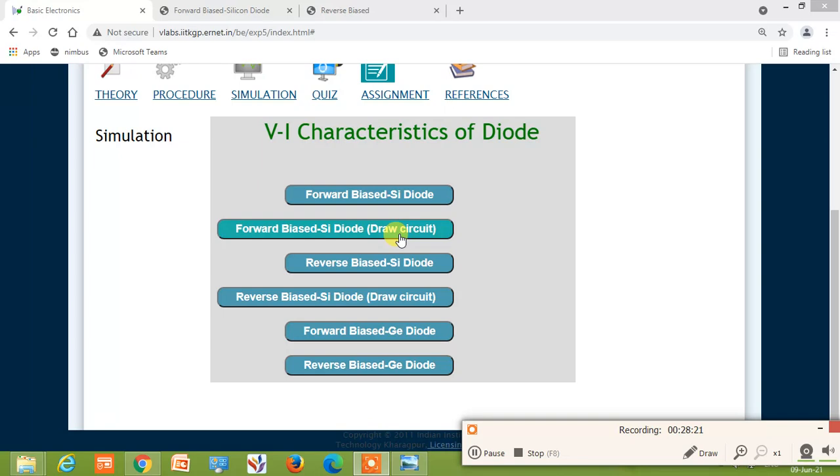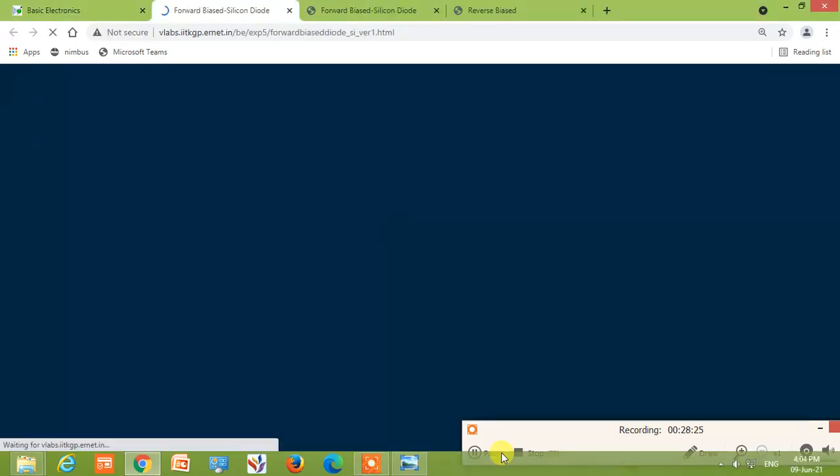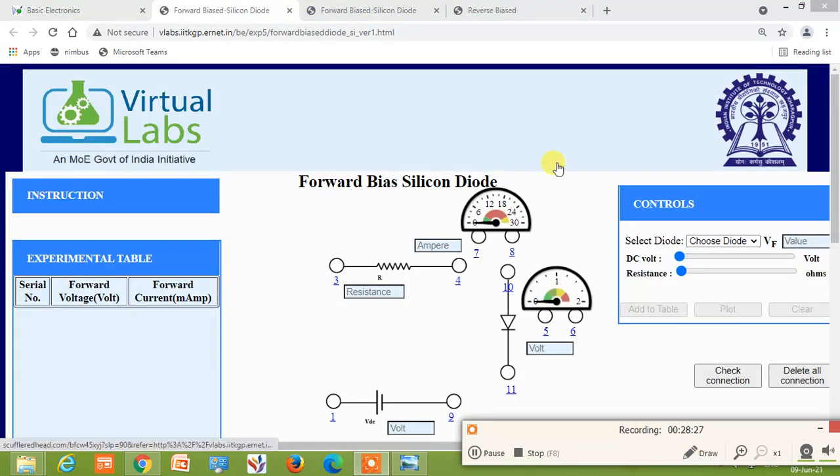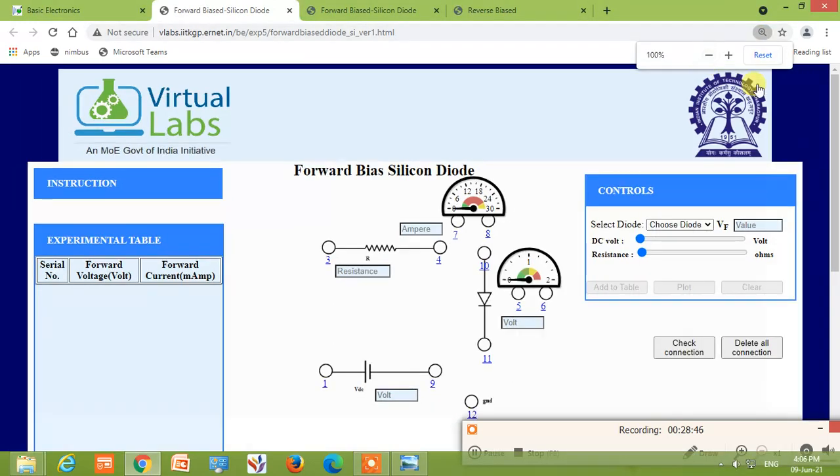So I will click here. So a new page has been opened. Now you can see that we have the controls. I'll minimize the page. I reduce the size of this page. It's not reducing. Reduce the size of the page. Yes, it's done.